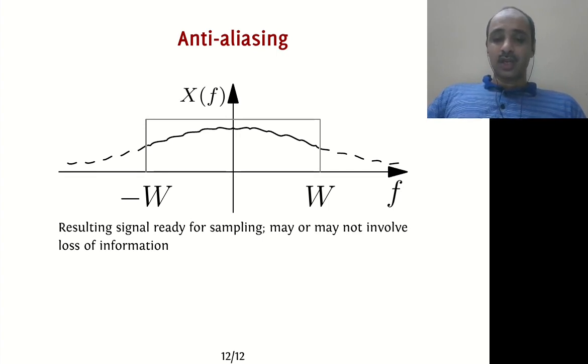One issue which is pending is, okay, we went from continuous time to digital, but then I have promised you that if you honor the Nyquist criterion, you can go back from discrete time to continuous time without any loss of information. How do we do that? So that is about reconstruction of continuous time signals, and that is going to be the topic of our next